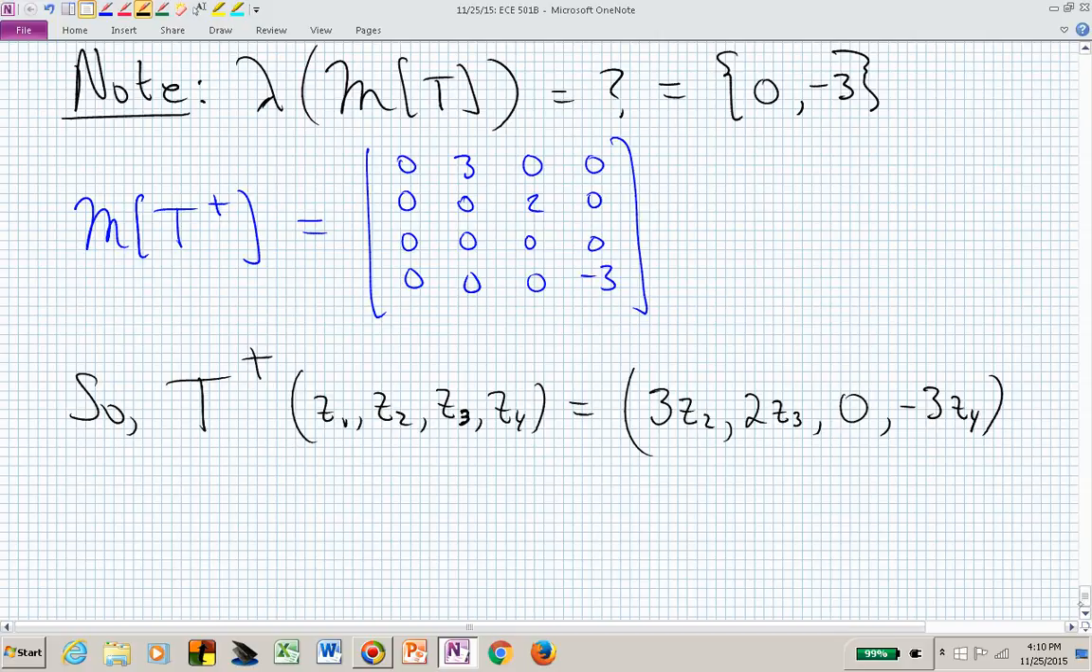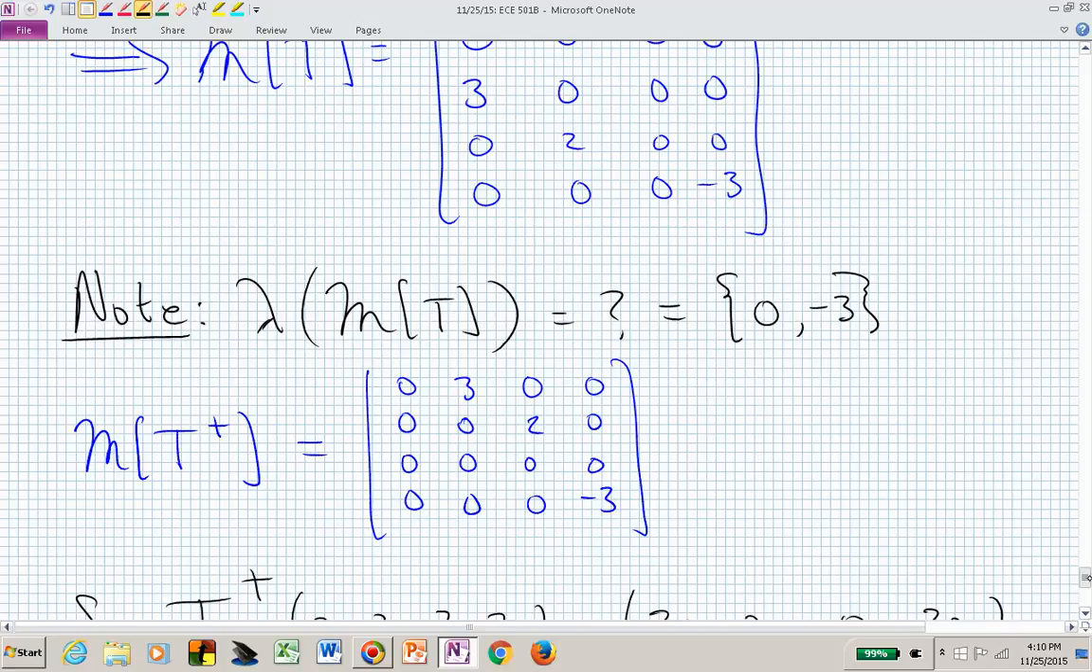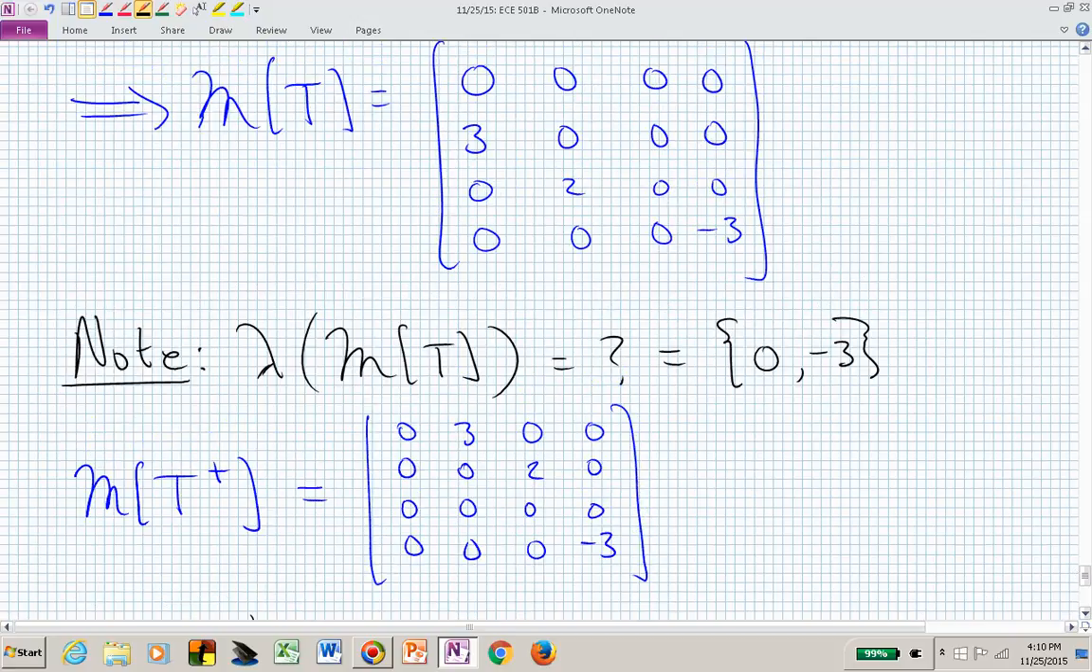But you can also now look at the matrix representation of T dagger T. I'm just going to write that down, but I think it's pretty quick to compute or see if you just put these two matrices side by side. You're now scaling the second row by 3. The third row gives you the second row scaled by 2. The third row is going to be nothing,